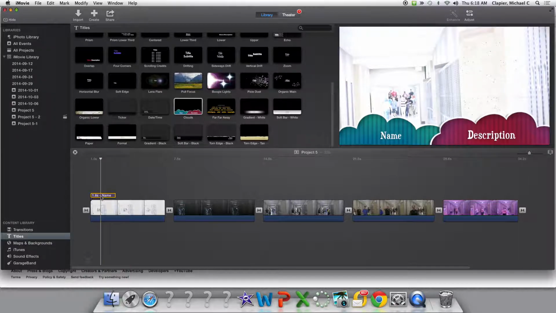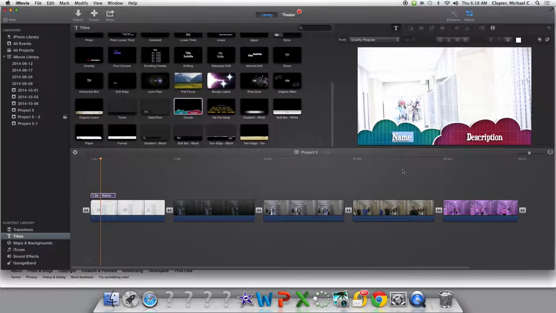Okay. So I now need to select that purple box, double click it, and then up here you can see that my text editor now appears. I can now edit what this says, and I can manipulate the text, colors, and different things like that up here. The font size, all those goodies. So select the name. The name should be clip 1. And the description, also known as a subtitle,